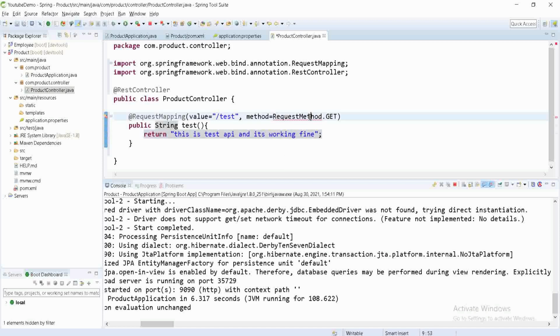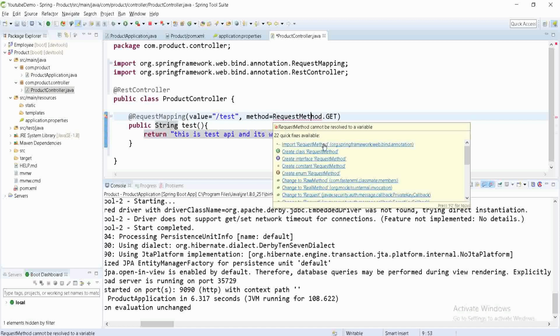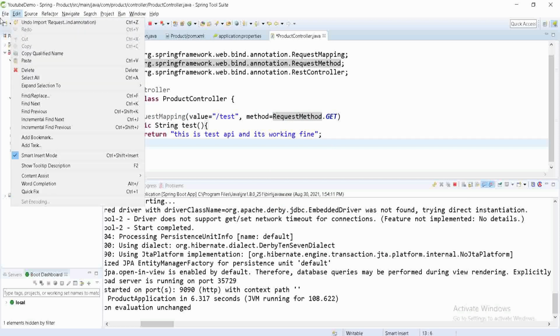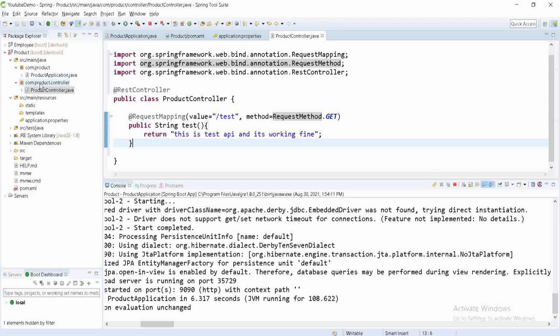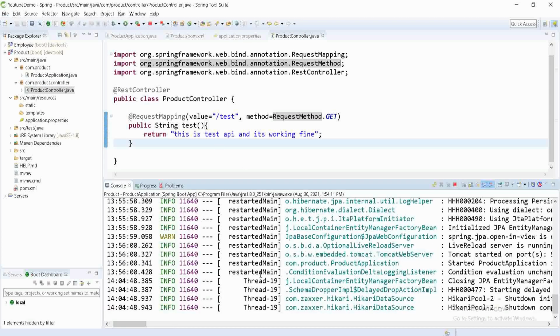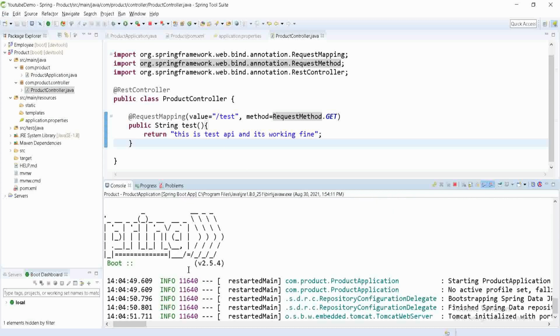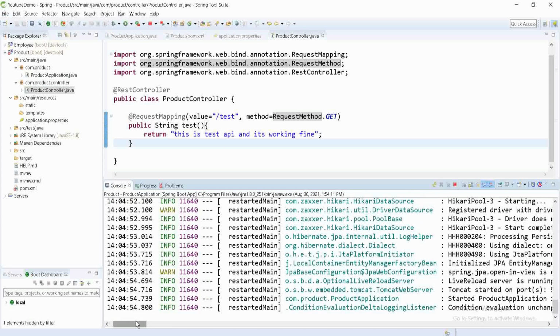Here it is giving an error. Let's see. Okay, we have not imported, so we have to import this. Once it's imported, we are ready to run this. Now I'm going to save this project, and here you can see the project has started automatically. We don't have to stop it, and we don't have to run it manually.